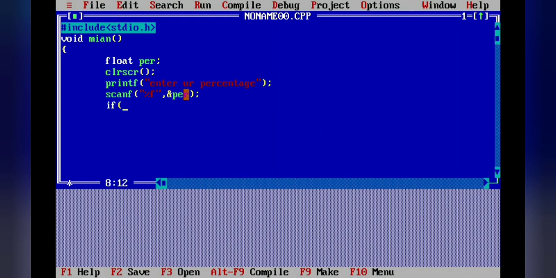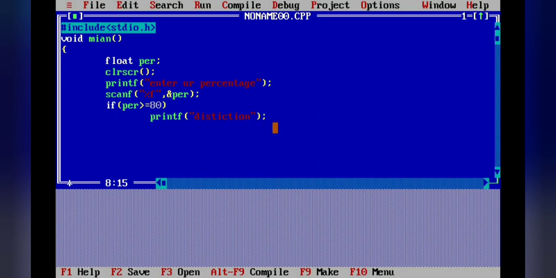If percentage is greater than or equal to 80, then the message will be printf distinction. If the user's percentage is greater than or equal to 80, then the user gets the class distinction.